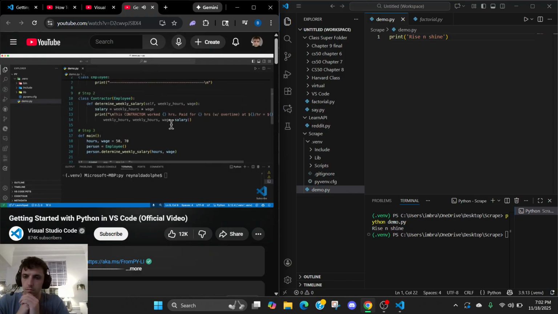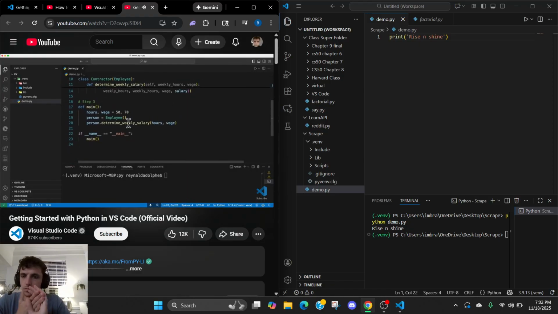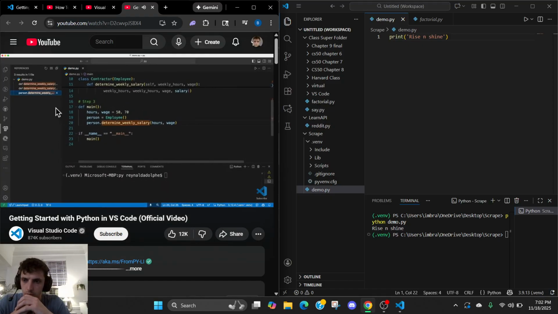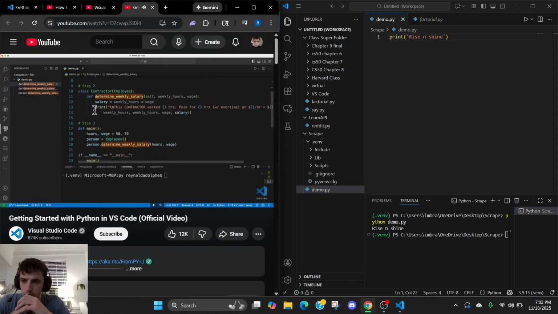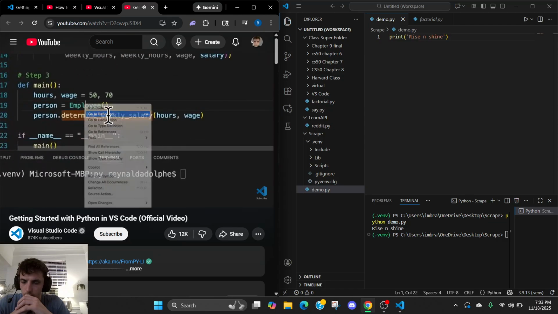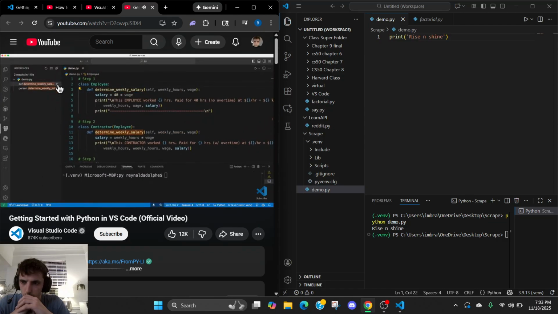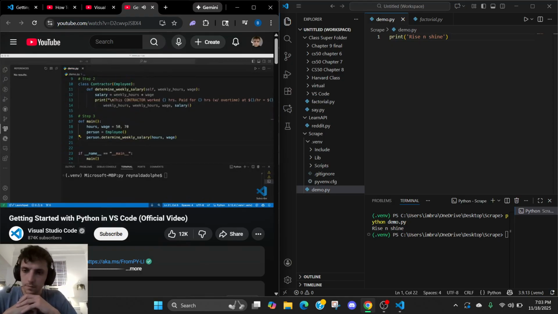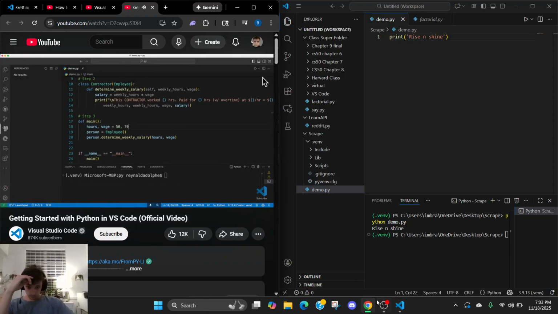So for example, I can go to one of my methods here, and like many other IDEs, find all references and quickly be able to jump to any other part of the code that I want to examine. The same applies to if I wanted to go onto a class and go to definition, it'll bring me right there. When I'm actually coding, I have that great IntelliSense that gives me information on any object I'm referencing, including functions and attributes. And more importantly, when it comes to debugging, if you recall, when we click this drop down